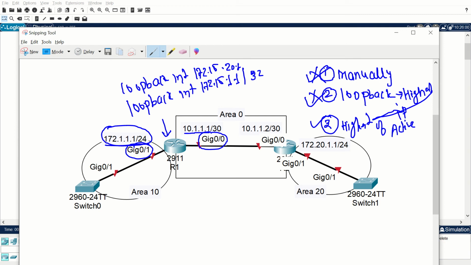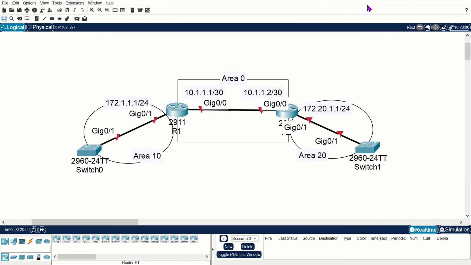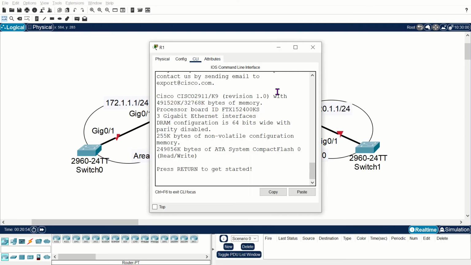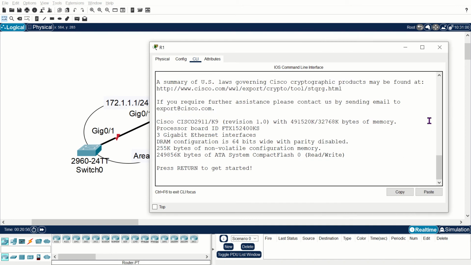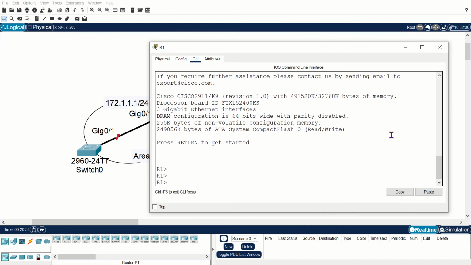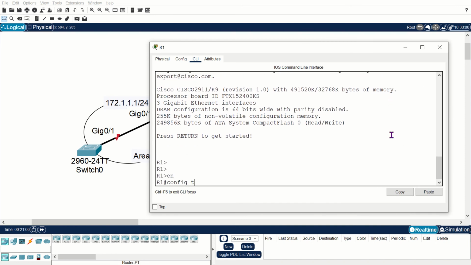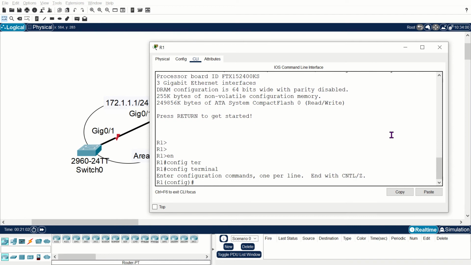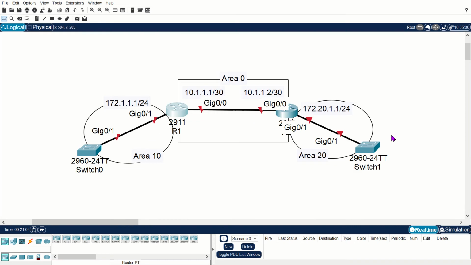So let's do one thing. Let's focus on the practical now. Let's test everything practically. Okay, open router 1. I have this router 1. Perfect. Enter enable, configure terminal, then configure the interface gigabit